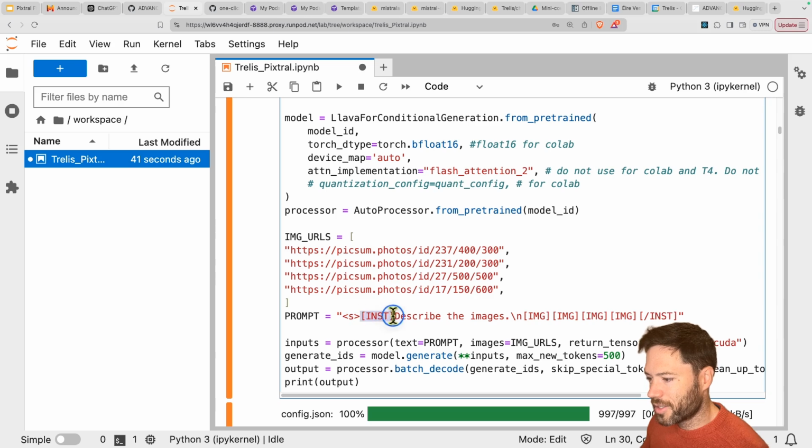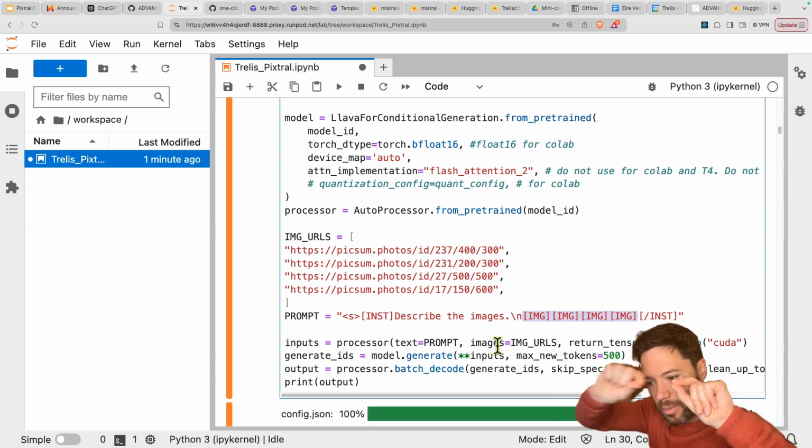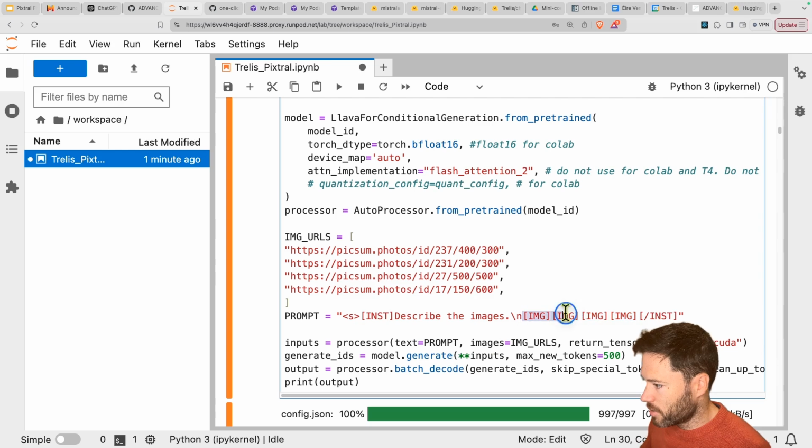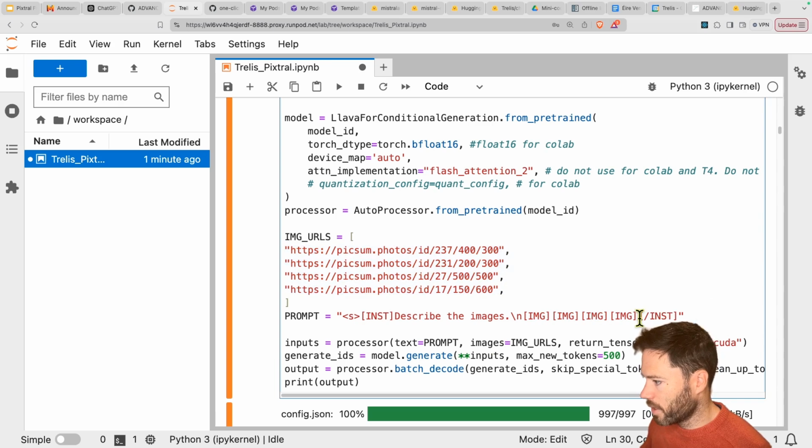Then we have [INST]. This is technically not a token, it's a string. And this INST string stands for instruction. It's the start of instruction. And then we have "describe the images", which is the prompt or the question. Then we have a new line. Then we have 4 image tokens here, which are actually going to get replaced. We'll see that later by the image tokens for each patch, the new line image tokens for each patch. But actually these 4 image tokens currently just represent these 4 photographs from Picsum. And then we have [/INST], which means end of instruction, and indicates to the model that now there should be